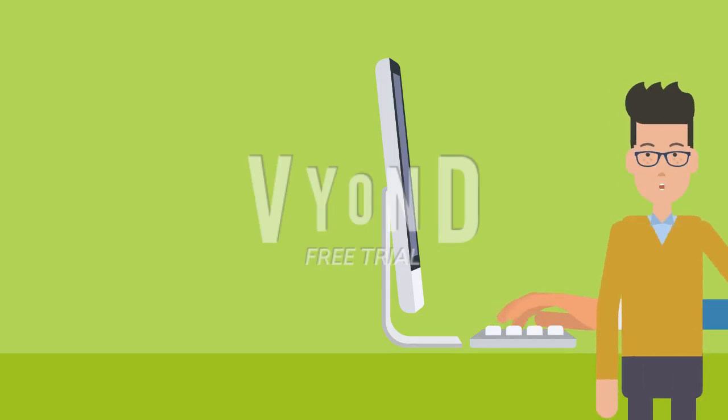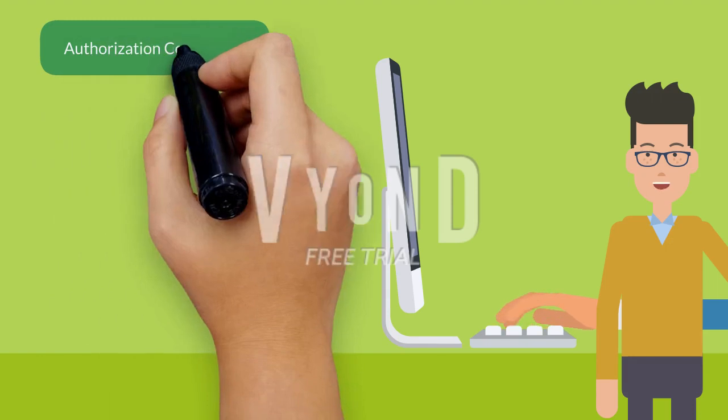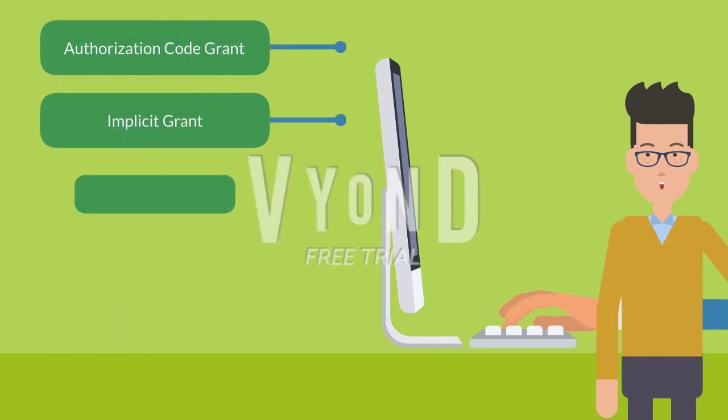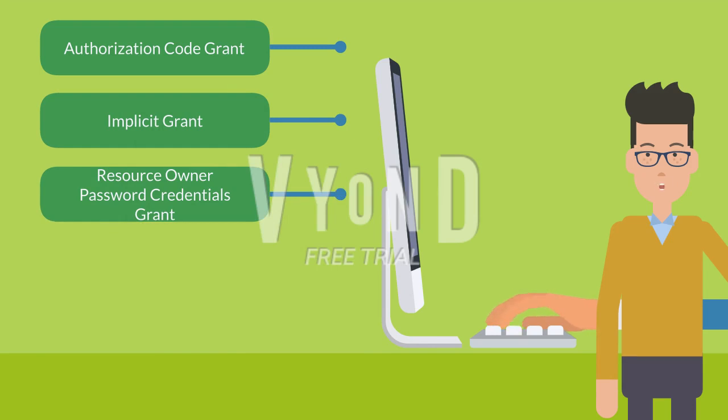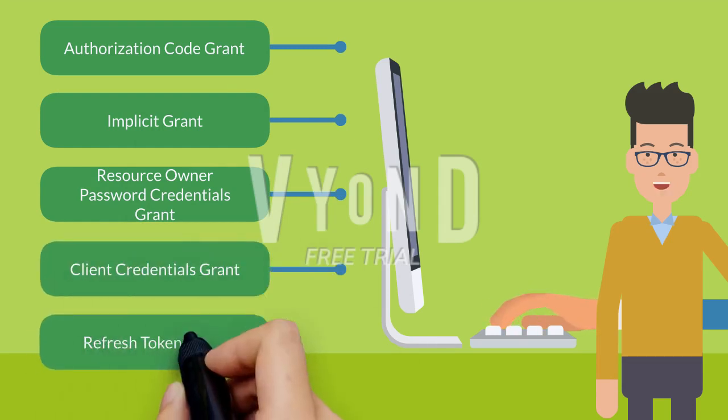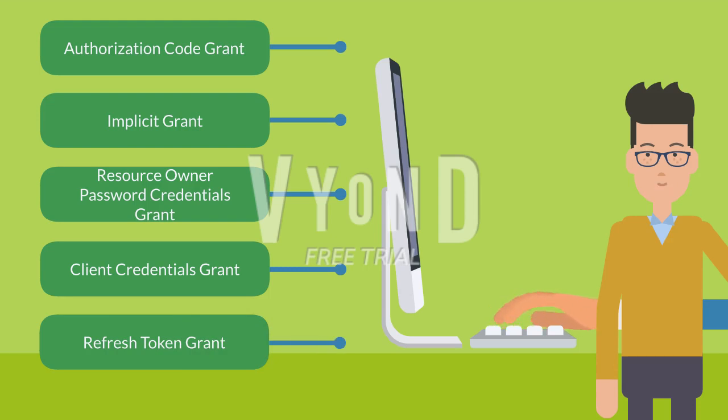OAuth defines several grant types that determine how the access token is obtained. Each grant type is designed for a specific scenario and use case. Here are the most common grant types in OAuth. 1. Authorization code grant. 2. Implicit grant. 3. Resource owner password credentials grant. 4. Client credentials grant. 5. Refresh token grant. Each grant type has its own benefits and limitations, and the choice of grant type depends on